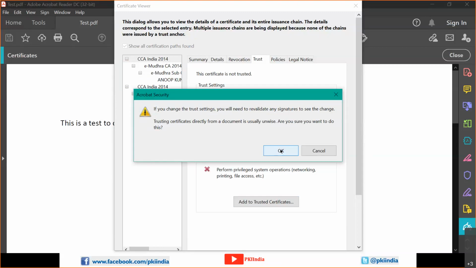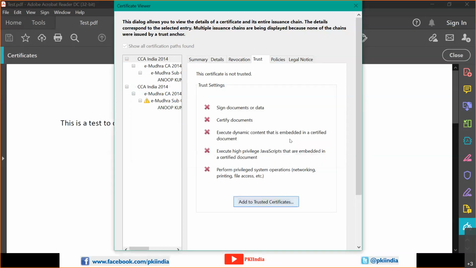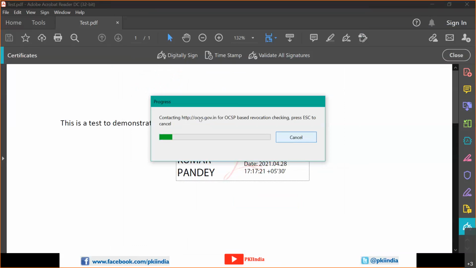Close it. Huh, okay, there is some connectivity issue. See, Adobe is trying to see whether my certificate has been revoked or not. So for that, it is going to a website where it can find out the OCSP status of any particular certificate. So it is checking the revocation status for all the certificates and then coming back. Okay, so that is happening.